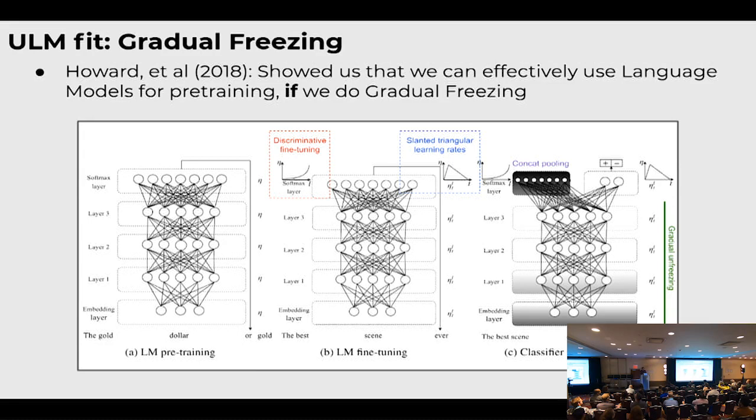ULMFiT. So this is the Jeremy Howard camp and fast.ai. The big thing about ULMFiT was you actually can do, even if it's a dense network, you can capture multiple layers. Word2vec, GloVe, fastText, what they're doing is not deep learning at all. It's actually pretty shallow. It's one layer of embedding. These universal language models do multiple layers of embedding, so you're abstracting not just the individual terms, but also what their position is in the context of the entire vocabulary, in the context of the grammar, and you can start